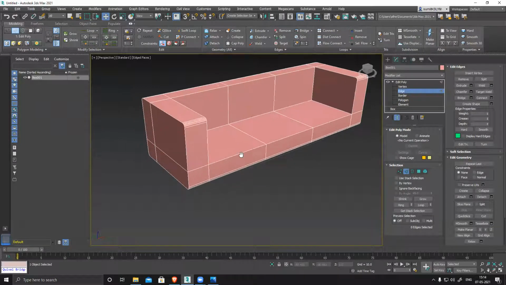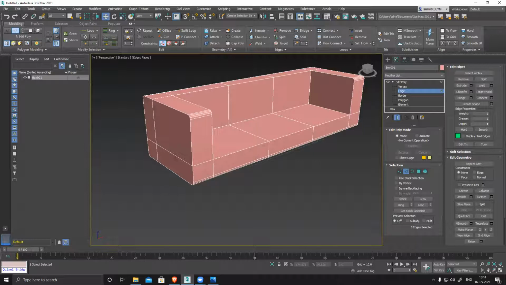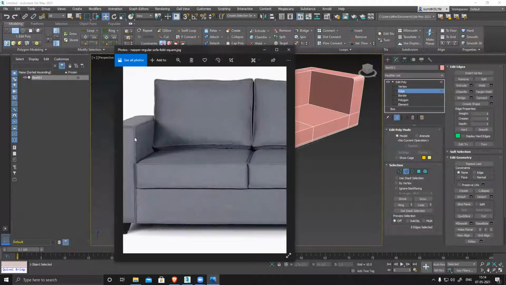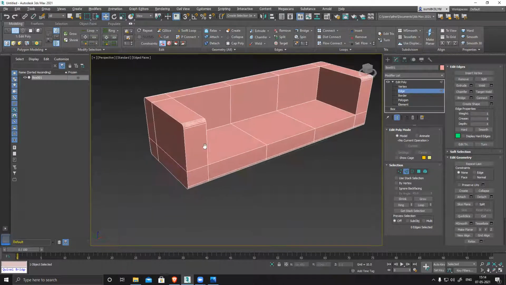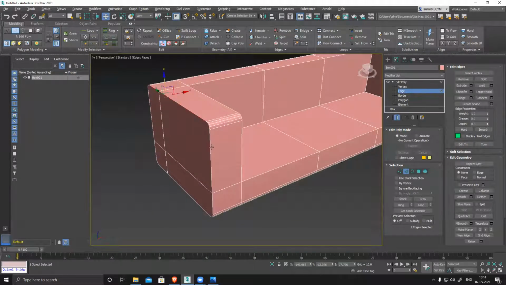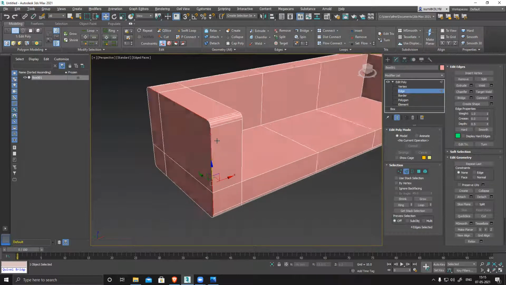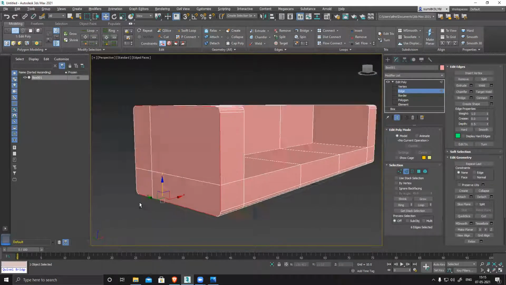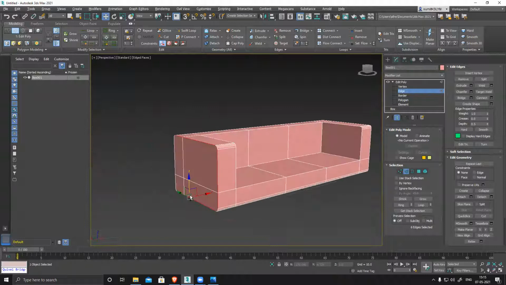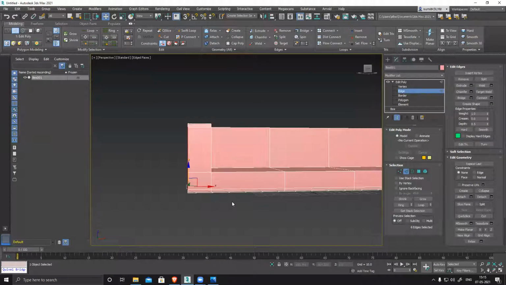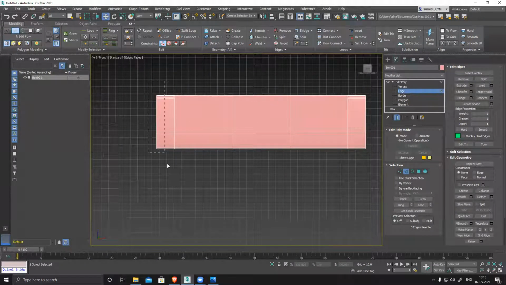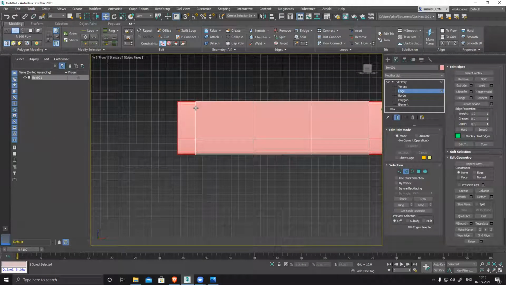So let it be. Now I can see clearly in this reference, we have this piping. How to create this piping is a very easy shortcut way. Double click and select all the edges, or you can select all edges like this, or go to front, select, control select, and then press alt deselect.